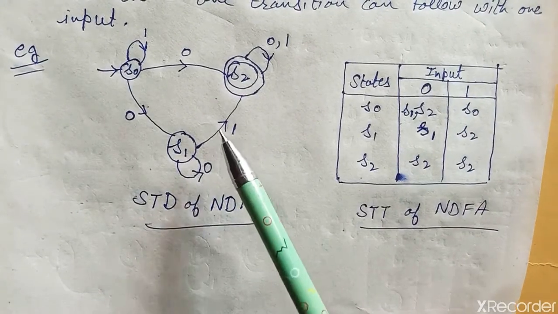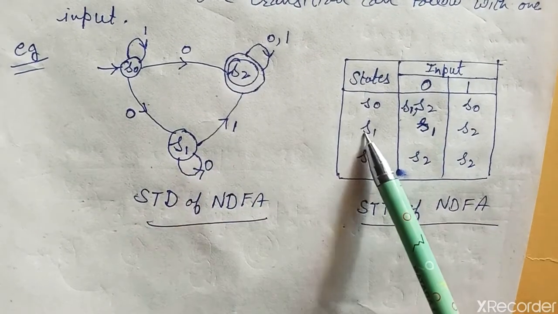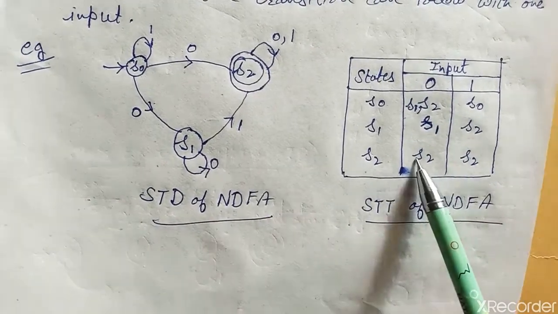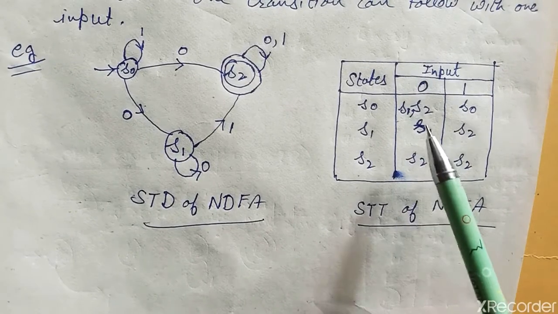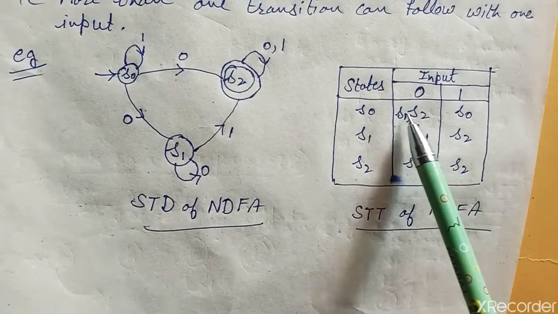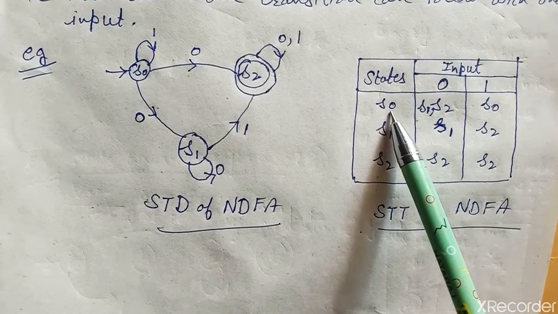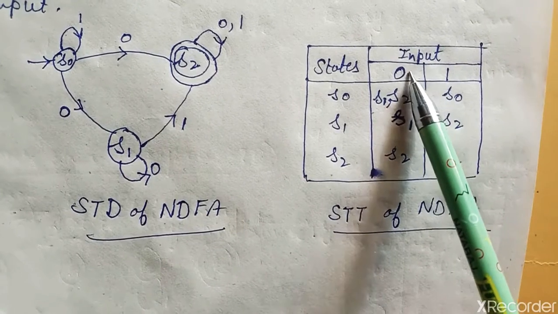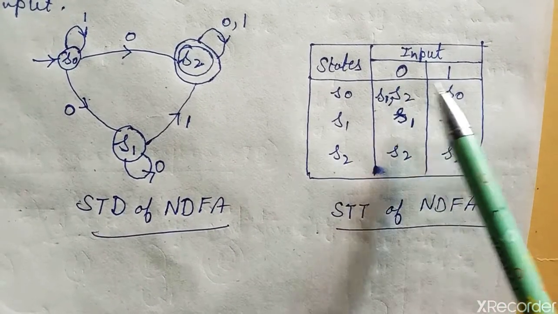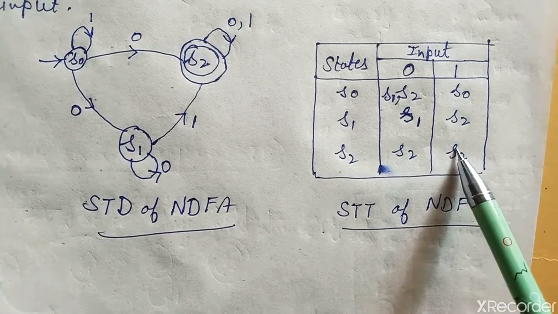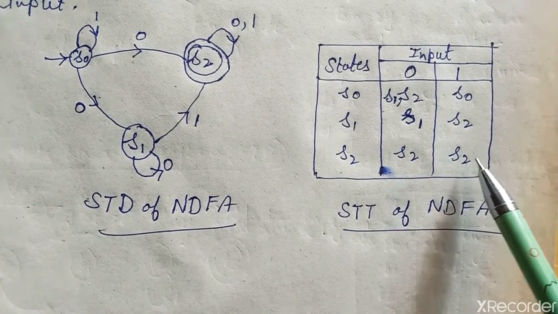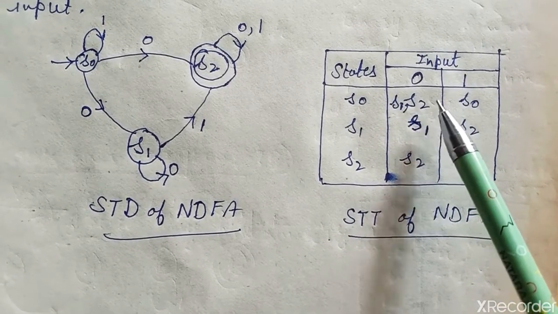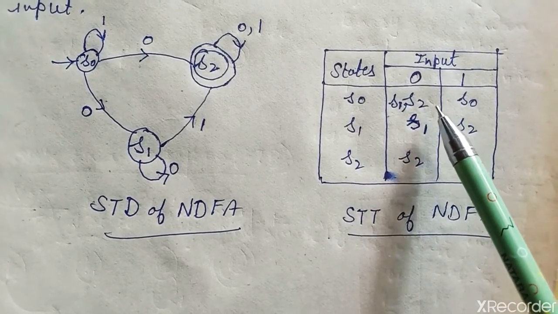So I convert this, so I construct state transition table of the same finite state machine. And now you can understand very easily. With the same input, there are two transitions of S0. So S0 moves to S1 with 0 input, S0 moves to S2 with 0 input. Except this, everything is okay for this finite state machine to become deterministic. But just because of this, it is non-deterministic FA.